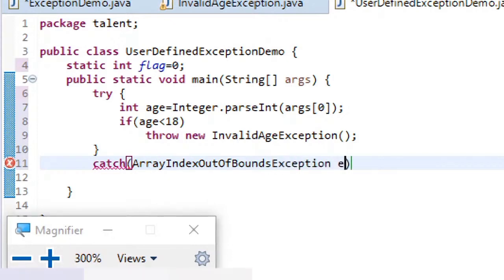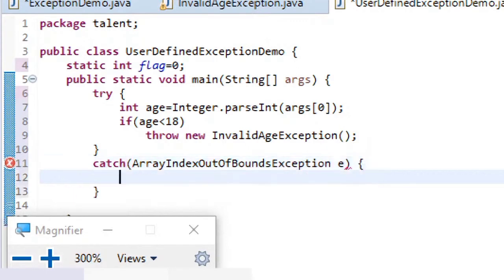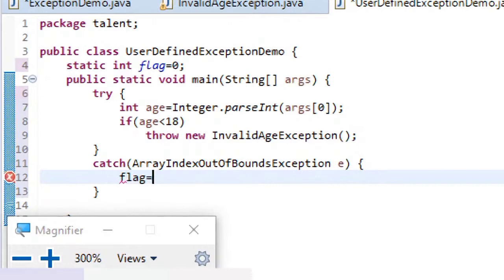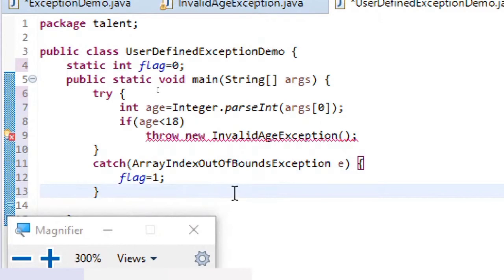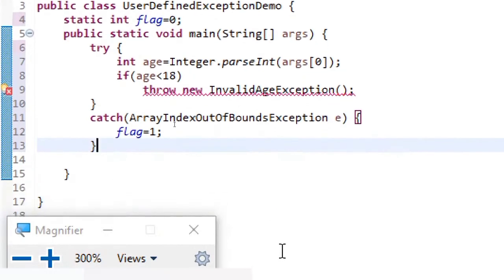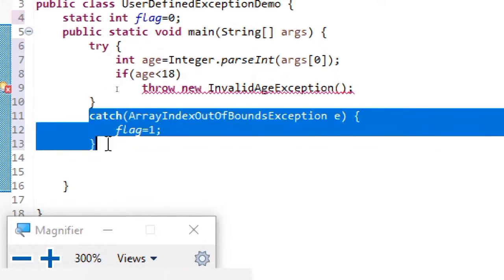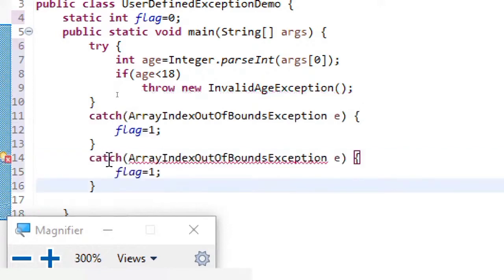So I hope you can understand why I am writing this catch block, because ArrayIndexOutOfBoundsException is required if the command line argument is not given. If the command line argument is not given, then this particular ArrayIndexOutOfBoundsException is required. So if at all this particular block gets executed, I am just setting the flag to 1. Initially I have set the flag to 0. So that's what. And now similarly,